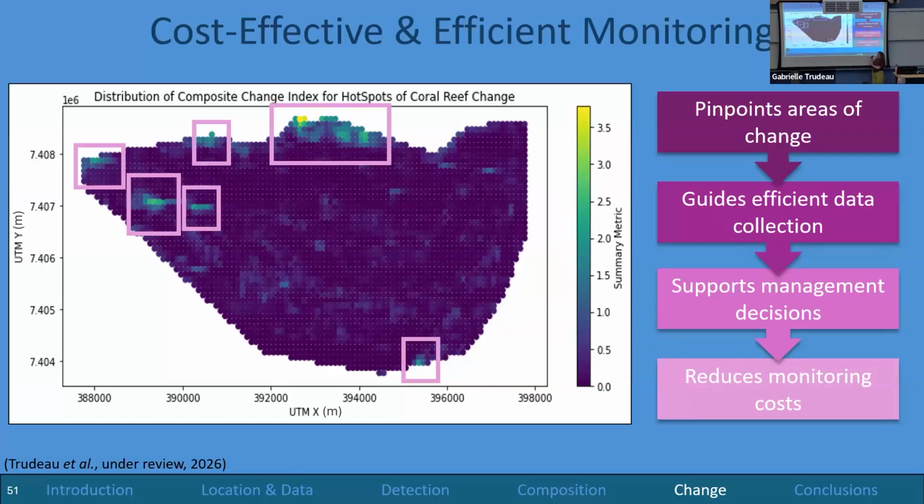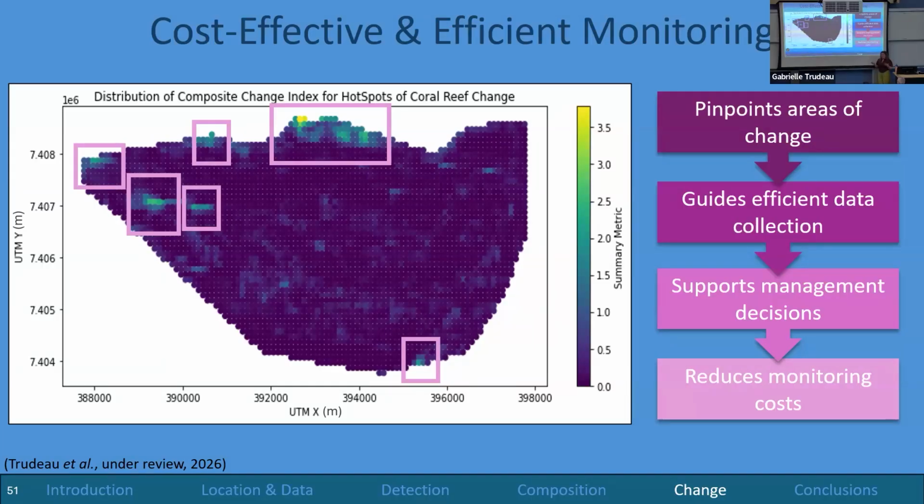So where this product may be used is I would go to a diving team or a management team for Heron Island specifically, and I would say, you really need to take another look at what's happening on this northern side of the reef. There seems to be a lot of influx also on this western side, but there's not really a lot happening on the eastern side for whatever reason. So maybe collect some more ground truth data. We can guide them to prioritize where they're collecting more data. We can also help them make management decisions based on information like this.